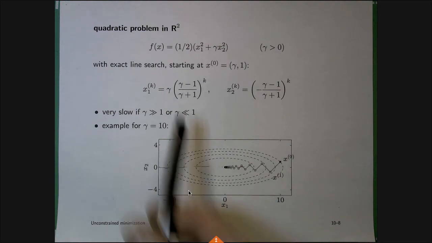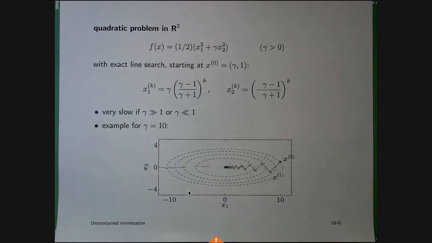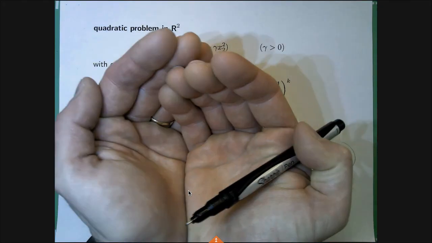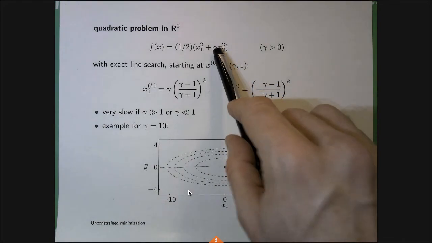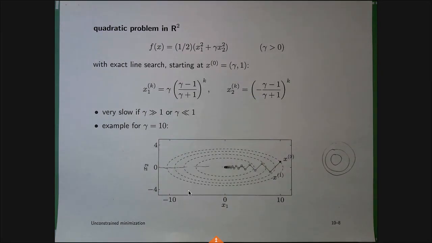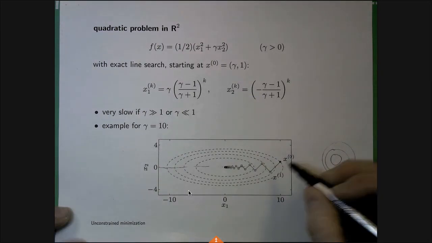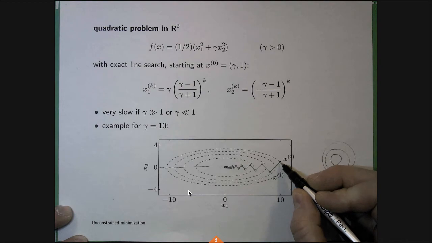It's a quadratic function in 2 dimensions, right? If the gamma was 1, it would be perfectly quadratic, with shapes like this. It would actually be a spherical or circular bowl. The higher or lower the gamma is, the more elliptical the bowl gets. Okay? You start at x0, and you evaluate the